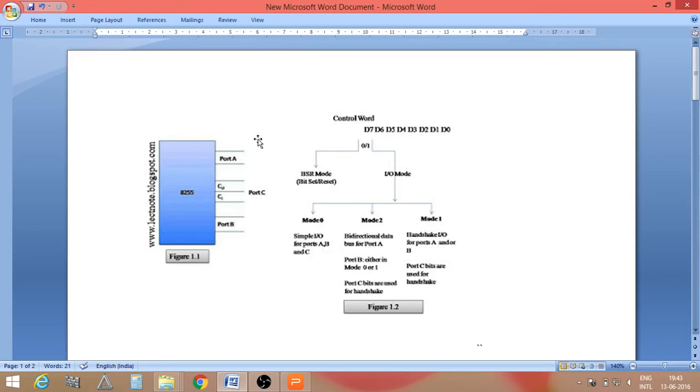Alright, so now apart from these 3 ports, there is another important thing called the control word register. Okay, so the control word register is an 8-bit register in which you have to write the control word. Now you write the control word for 2 purposes. One is for bit set reset purpose, and one is for input output mode purpose, for setting the input output mode of